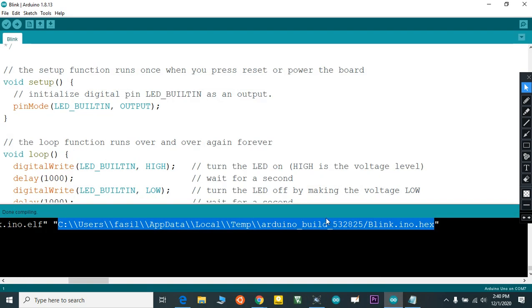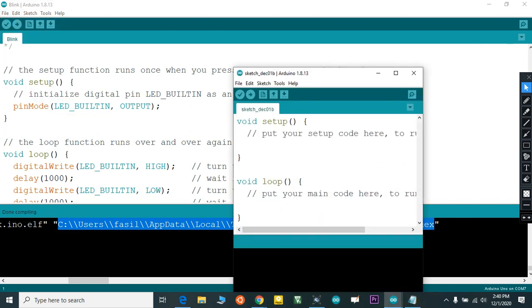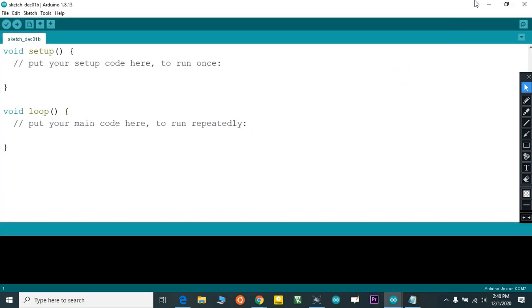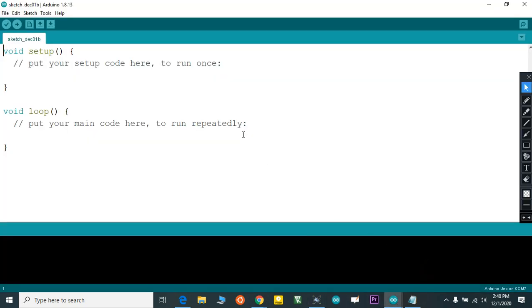Then open your Arduino IDE and create a new file.